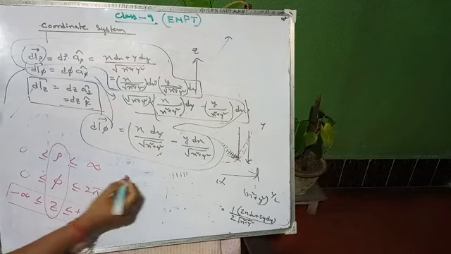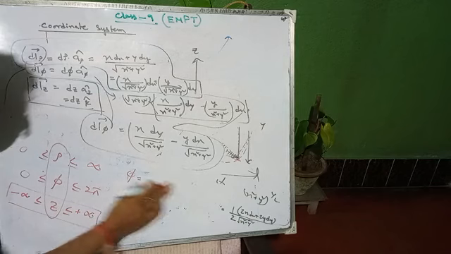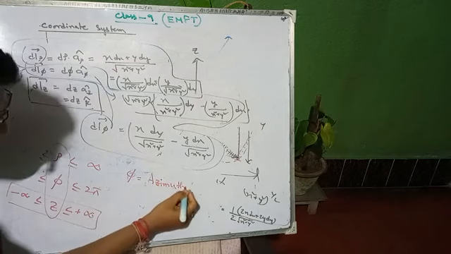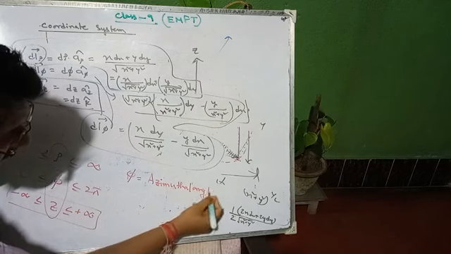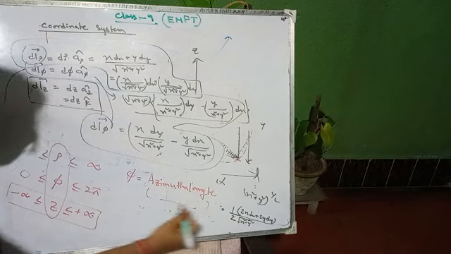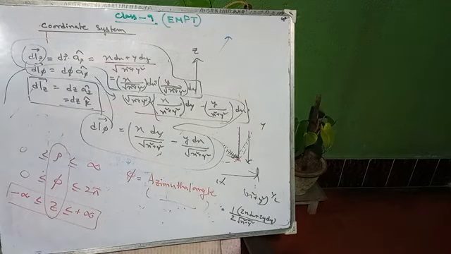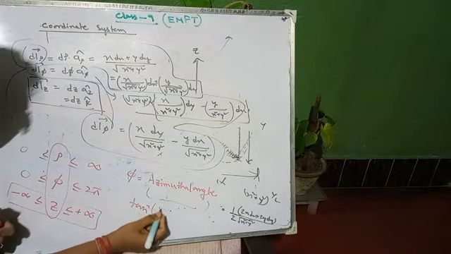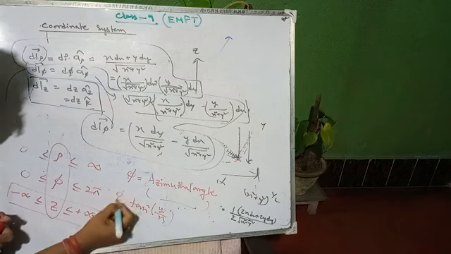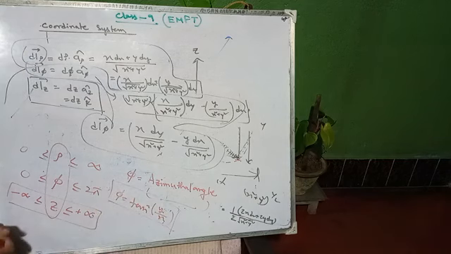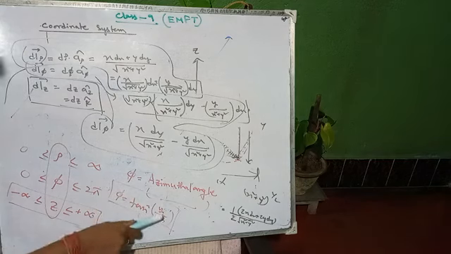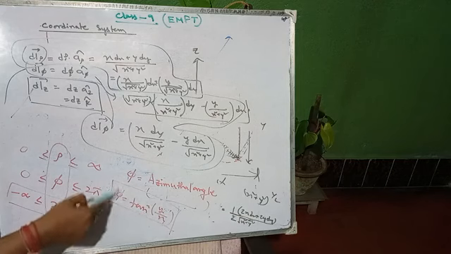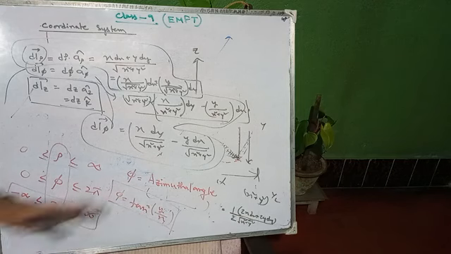And now write this phi is called azimuthal angle. So what is the azimuthal angle? This type of question may have been asked in your exam. Azimuthal angle is nothing but tan inverse y by x. Okay, so phi equals to tan inverse y by x. So whatever the magnitude of y axis divided by x axis, taking tan inverse of it, we get this phi. Okay, this is the azimuthal angle.